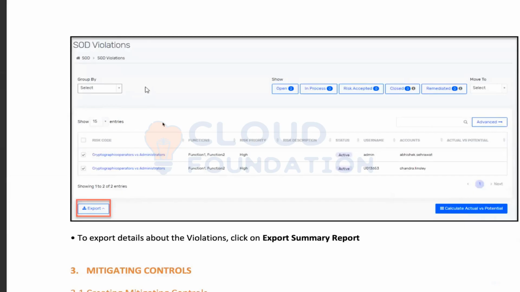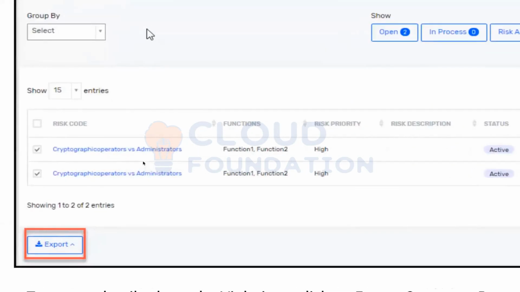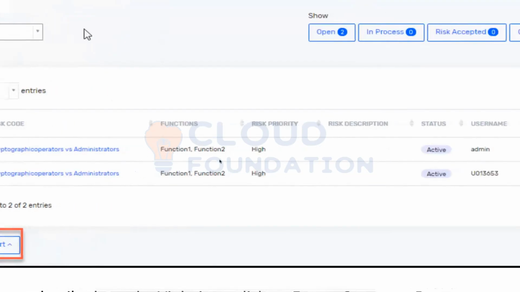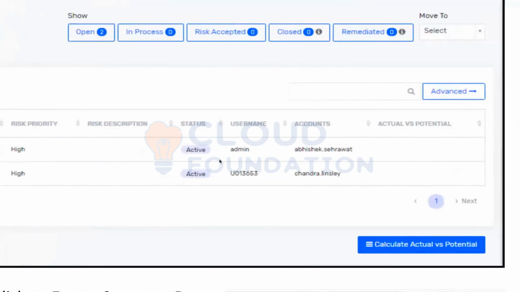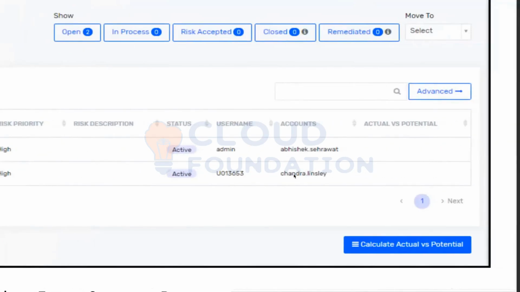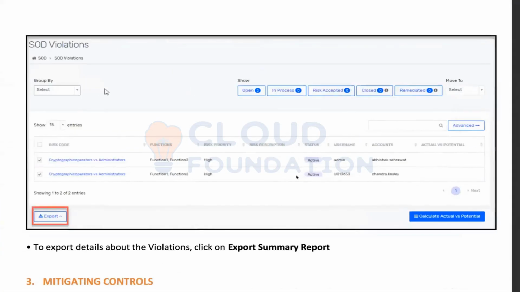After running this, if you have a look at the report, you will be able to see all the violations that have taken place. This is the one that we created. Chirographic operators versus administrator. You will be able to see that this person, Abhishek Sharavar, and Chandra Linsley, both of them have requested access to such applications.